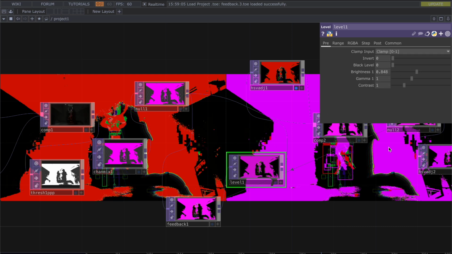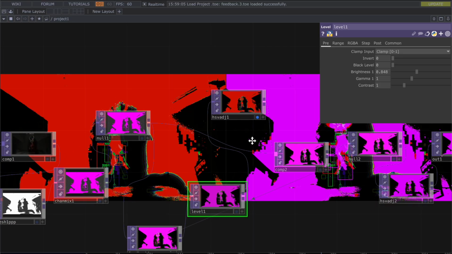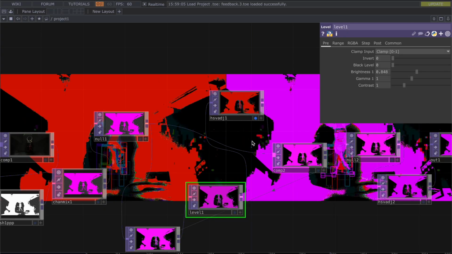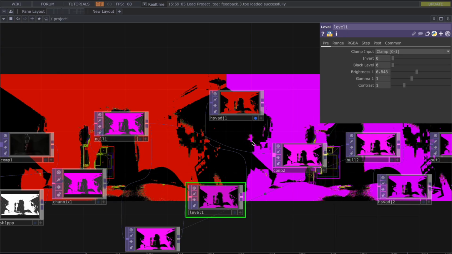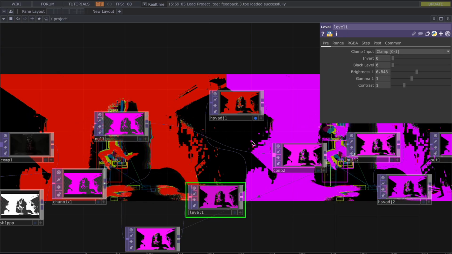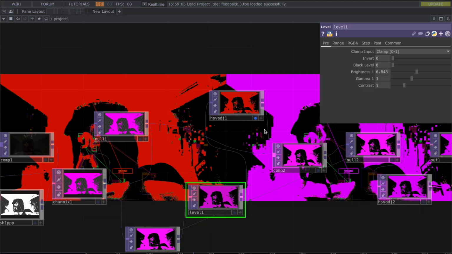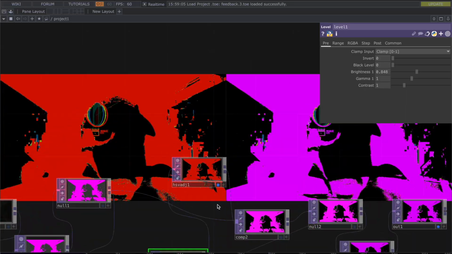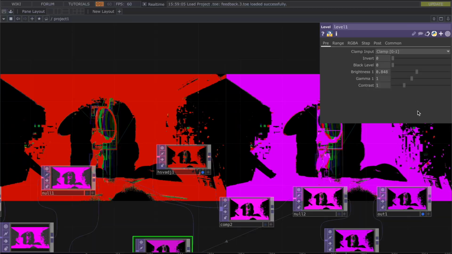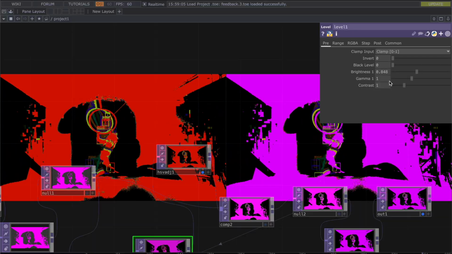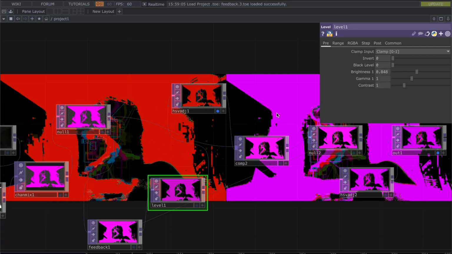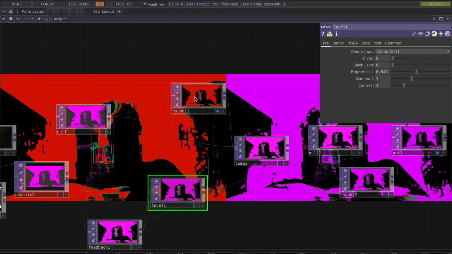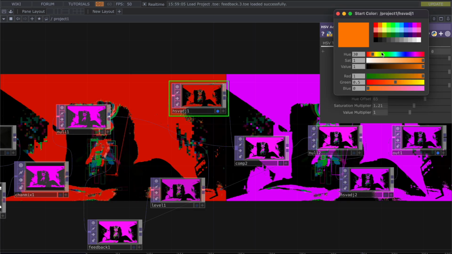Like I said, every video is gonna be different depending on what you're using. Because if you're on like an LED screen, sometimes if you're VJing, you're gonna want to touch up the brightness and your gamma and your contrast. All right, and then you're gonna put that into your HSV adjust, and then my start color here is orange,